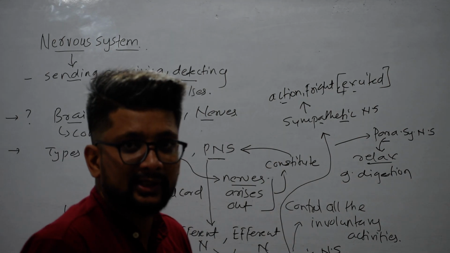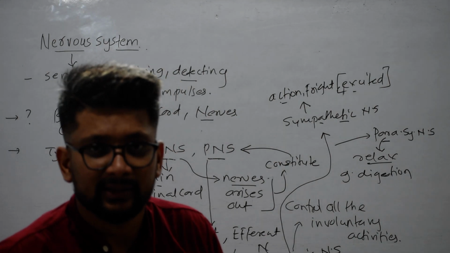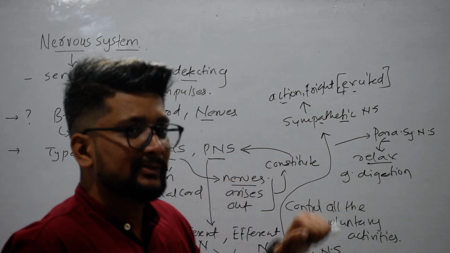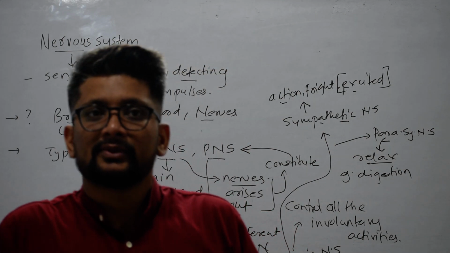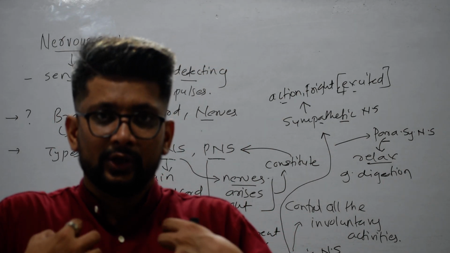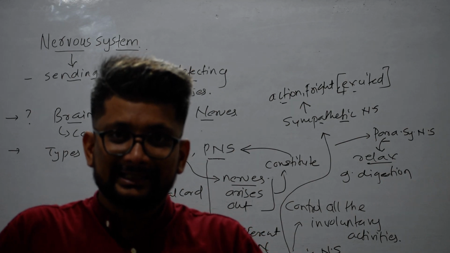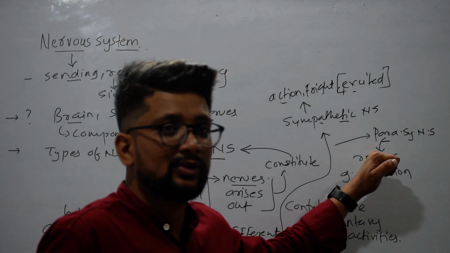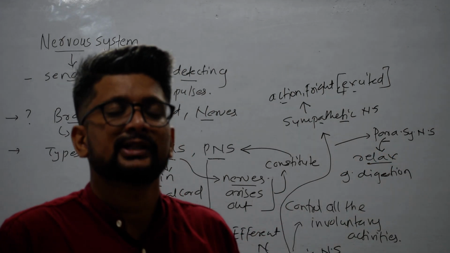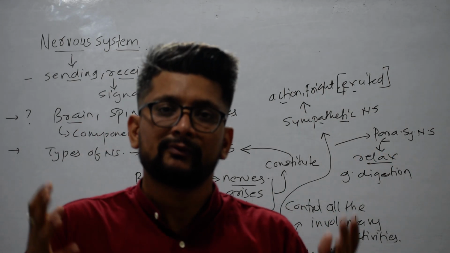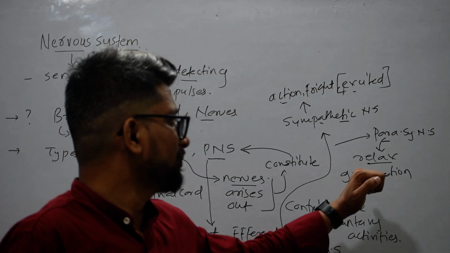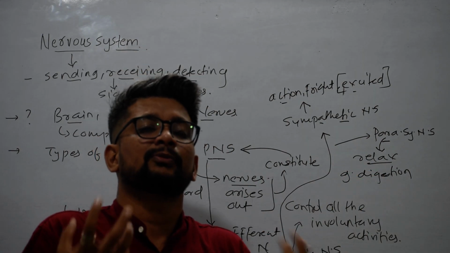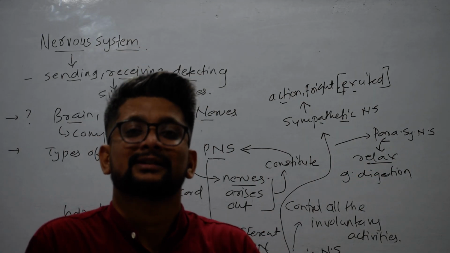Next, the parasympathetic nervous system. What is meant by the parasympathetic nervous system? The parasympathetic nervous system is a type of nervous system which helps to control or adapt our body when our body is in the relaxed or we can say rest condition. For example, when we are sleeping, the digestion process is performing in our body. The digestion process is a process which is performed when our body is in a relaxed condition.